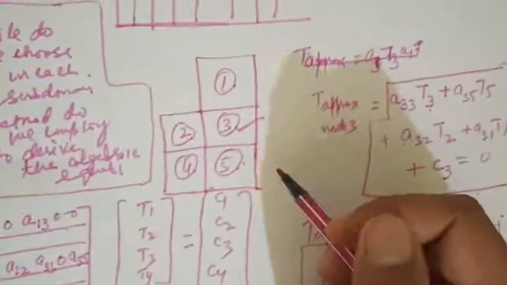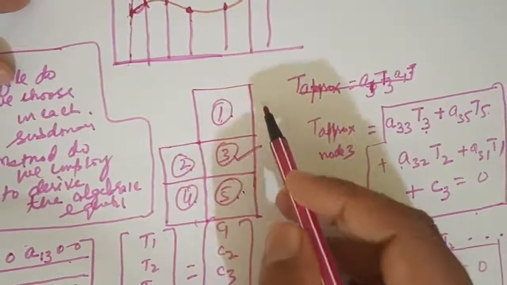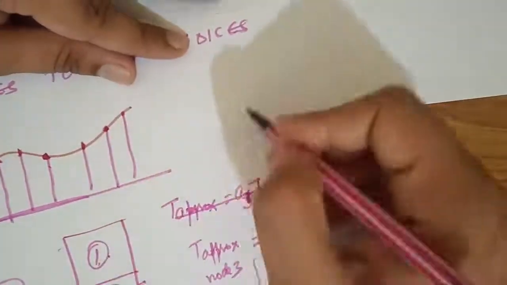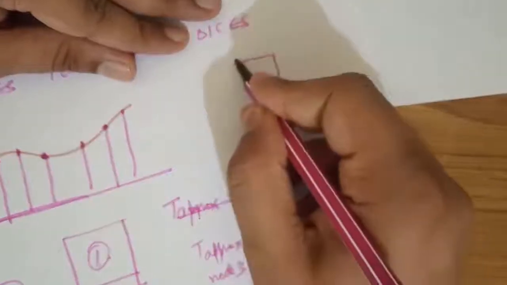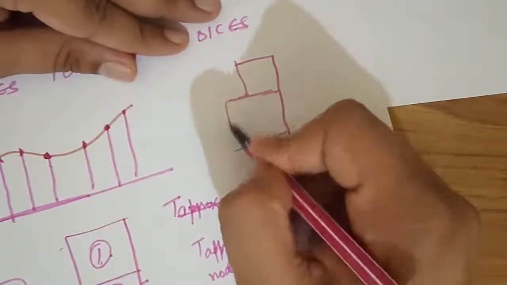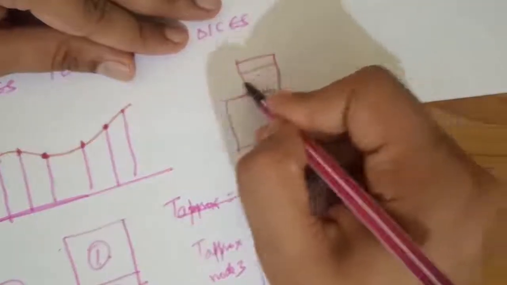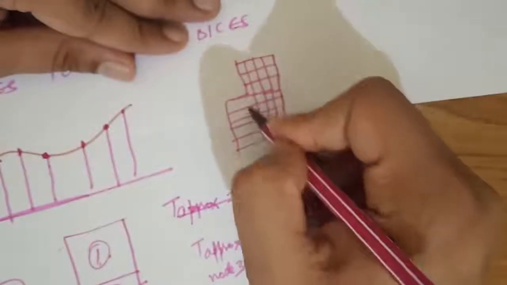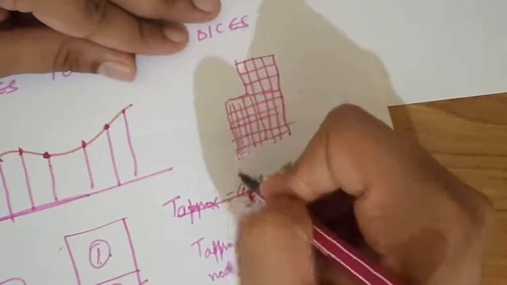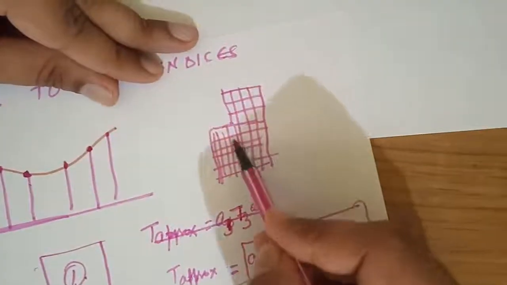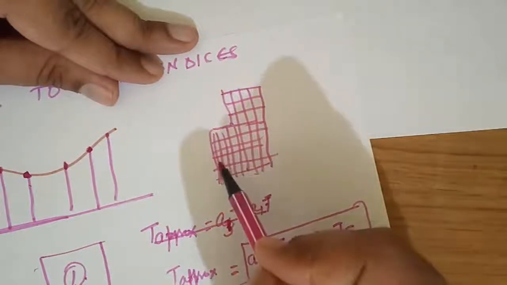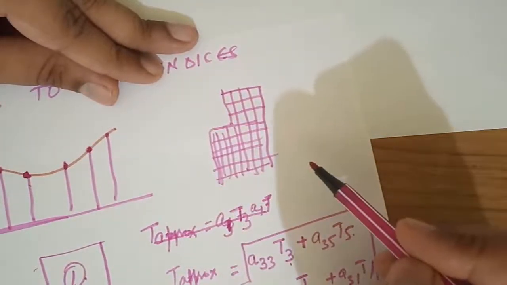And moreover, if I say keep on increasing the number of elements, say this was the entire domain in which you wanted to find out temperature, instead of these 5 elements, I could have divided this computational domain into a much larger number of elements. So if I have more elements or subdomains, it essentially means that I will be much closer to the exact solution of the differential equation.